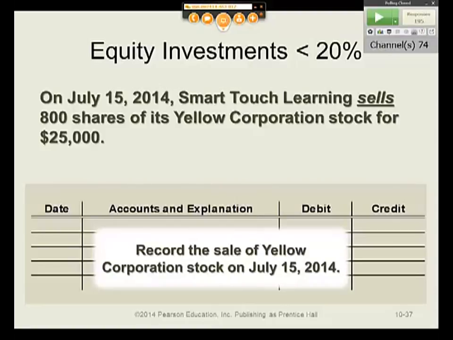So in this case, if you sell 800 shares times the cost per share, it's going to be $20,928, and there's going to be a gain. The gain is going to be realized, $4,072. So there's a realized gain on the sale. We'll look at this on the slides in a second, but I just wanted to be sure that you know